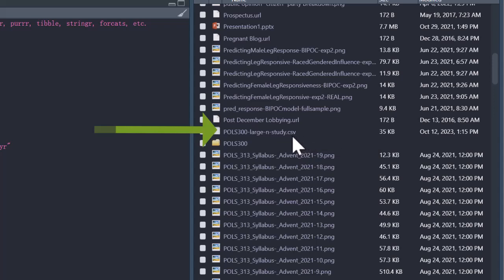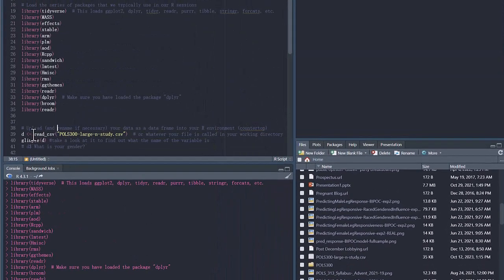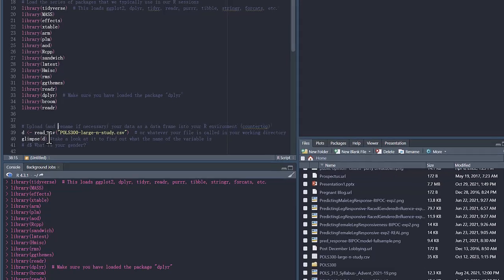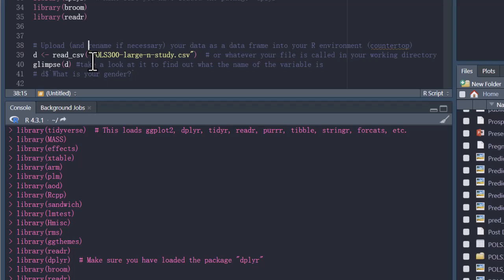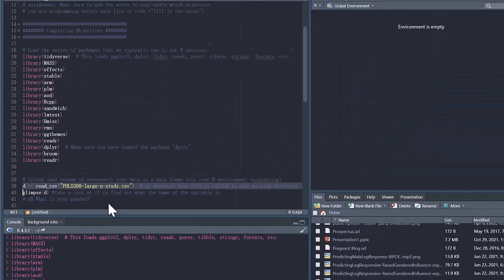I've saved it as PALS 300 large N study dot csv. So I take that exact wording and I use the command read.csv, and then I put in quotations the name of the file from the working directory that I want to use. This says to R, hey, go to the working directory, find this file in quotations, read it as a CSV and create a data frame from it. So if I highlight this,